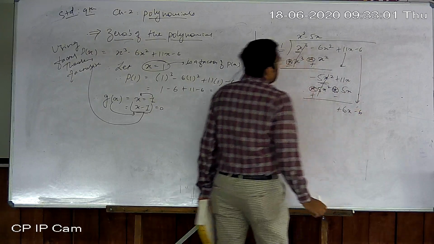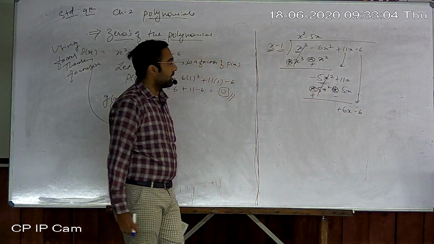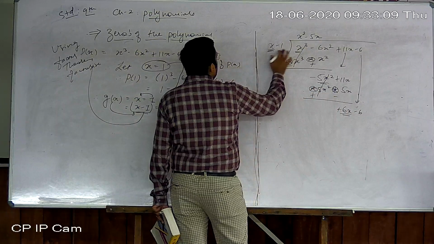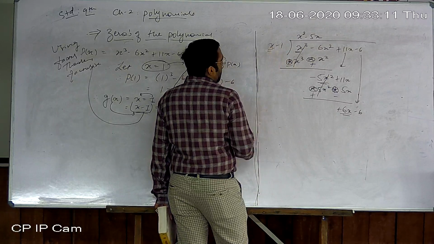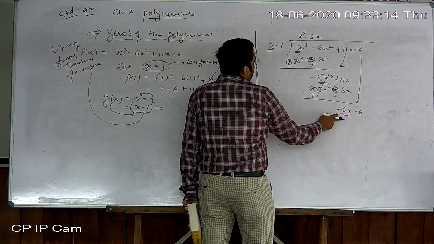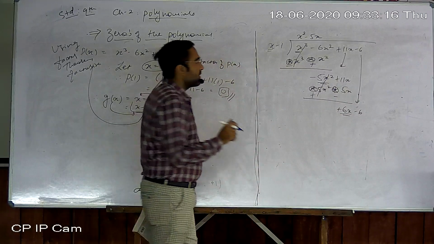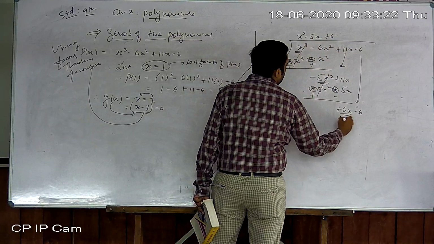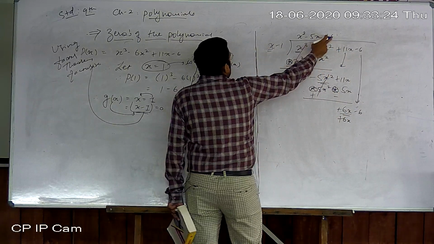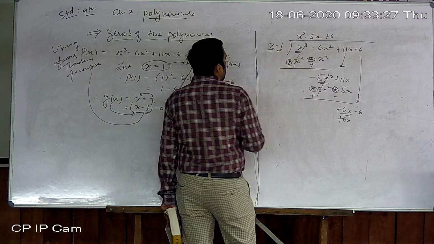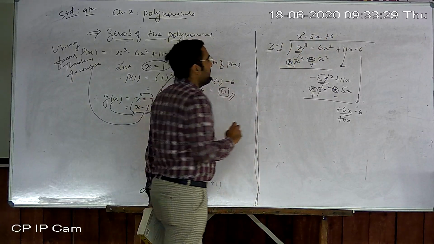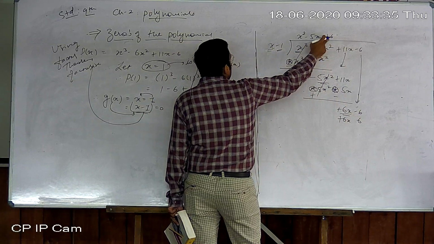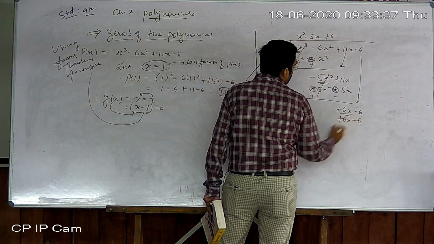Here 6 comes down as a minus 6. Now again check the first term with the x. Which term do I multiply with x to get 6x? That is plus 6, therefore plus 6 into x is plus 6x. Now multiply 6 with the 1 also, that is 6 ones are 6. And now I'll check the sign, plus minus, that is minus.